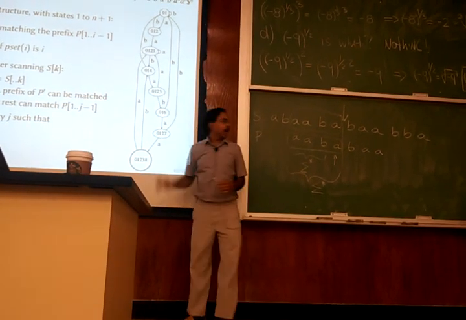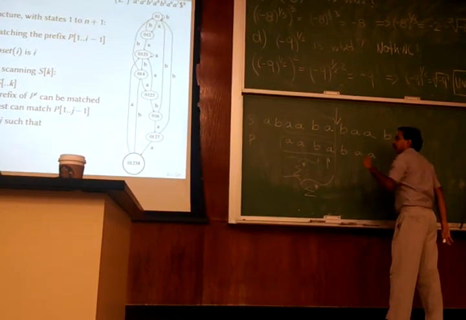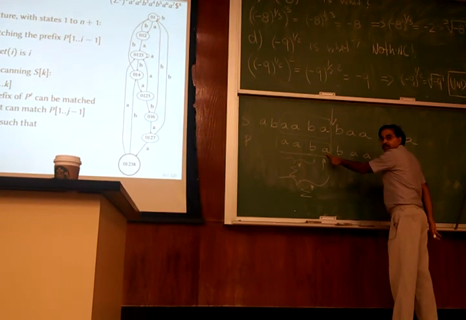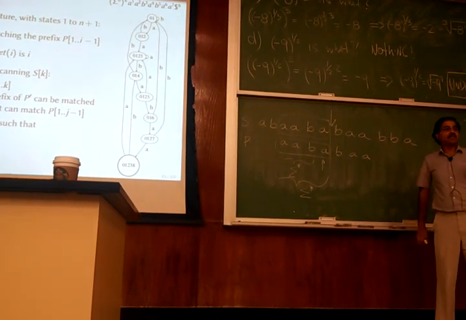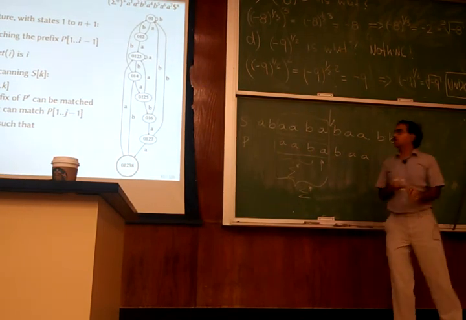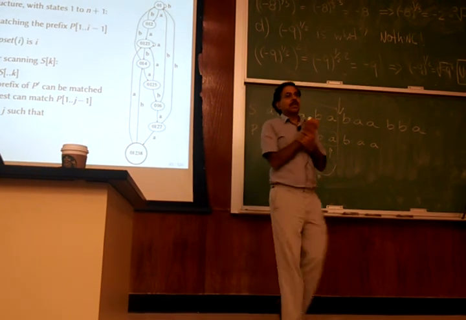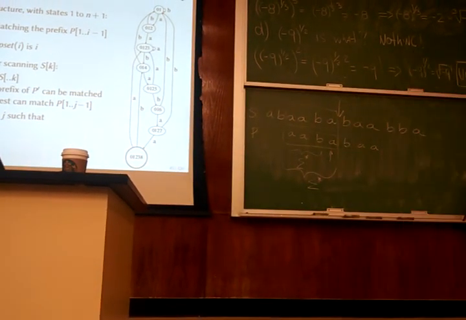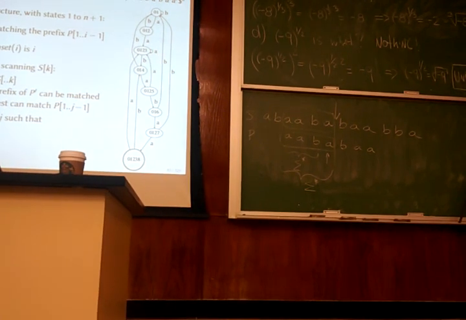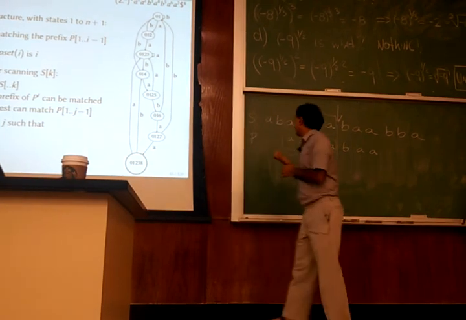Okay, so up to 5, you take this and then you look for suffixes of this that are prefixes. There's actually one suffix of length 1 and one suffix of length 0, right? There are also prefixes of this. So all of those will appear here. Okay? So this is the crucial part of the structure that helps us improve the automaton in one way. In particular, what we are saying is that